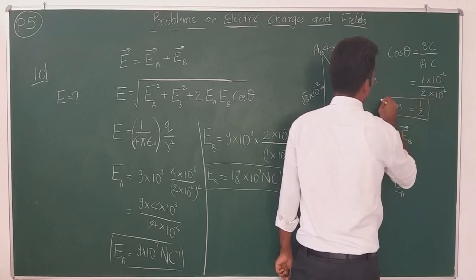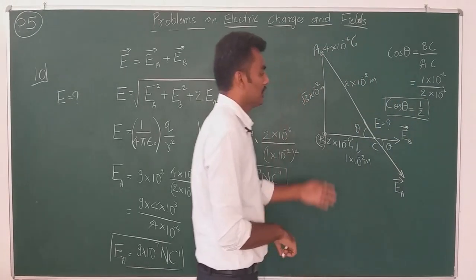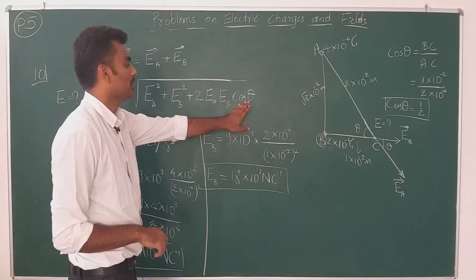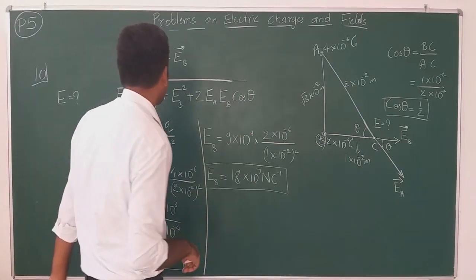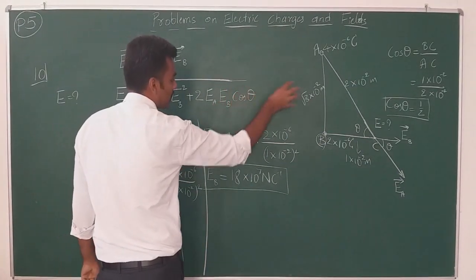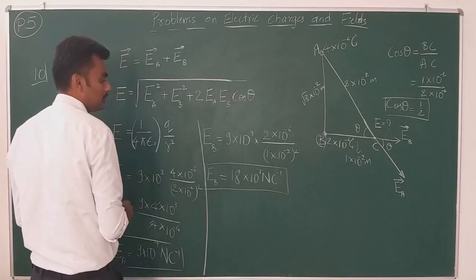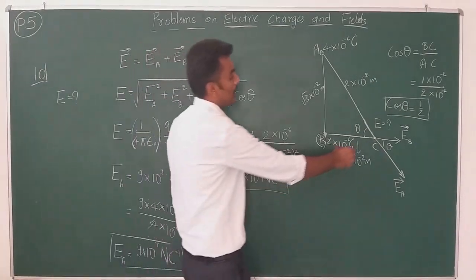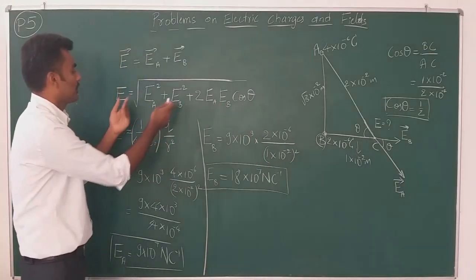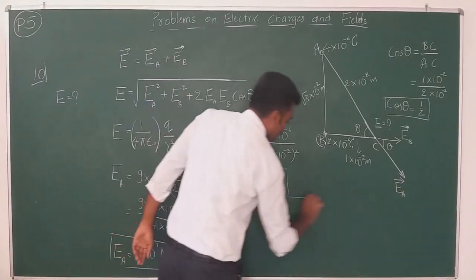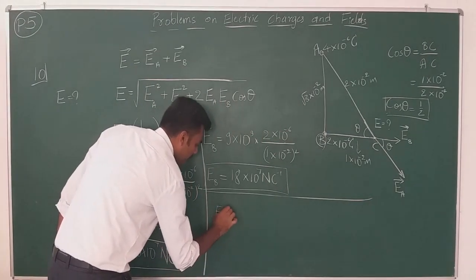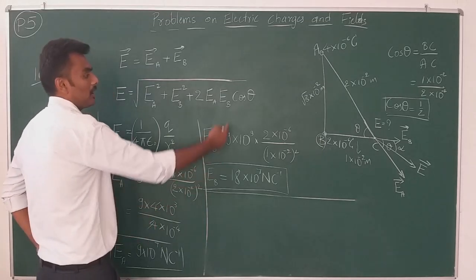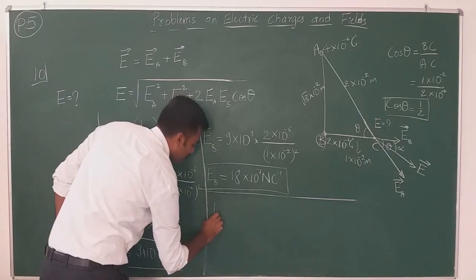Don't need to worry about the exact value of theta. Yeah, it would be 60 degree, but don't need to worry about it. Simply theta is fine for now. Okay. Now the entire value of cos theta is fine. You can bring it and simplify. Now let me put the value of EA, EB and cos theta into this equation, which will give us E is equal to field. We should put all the calculated values of EA, EB and cos theta into the equation, which will give us